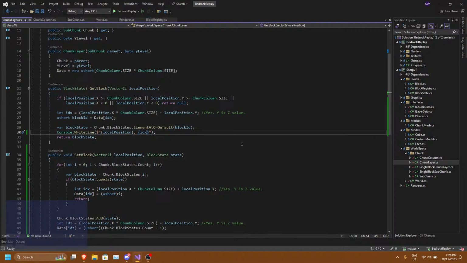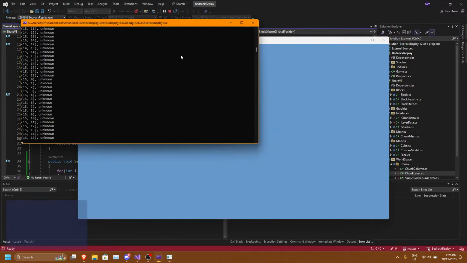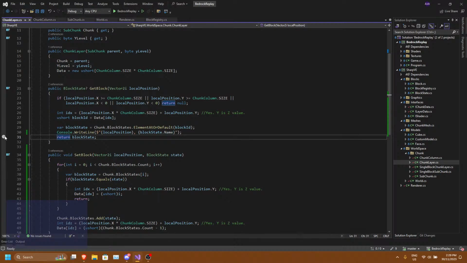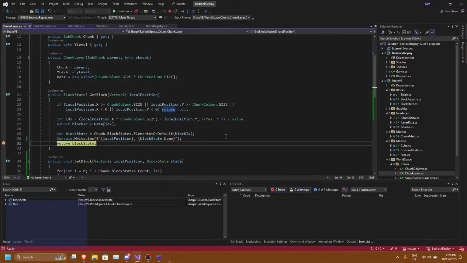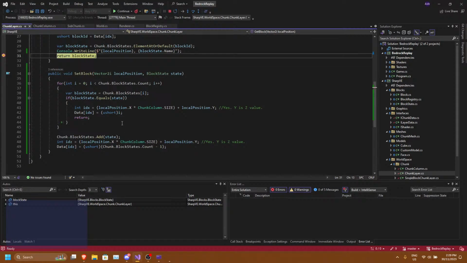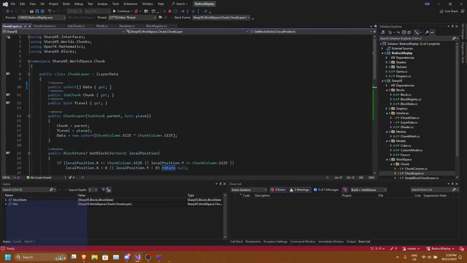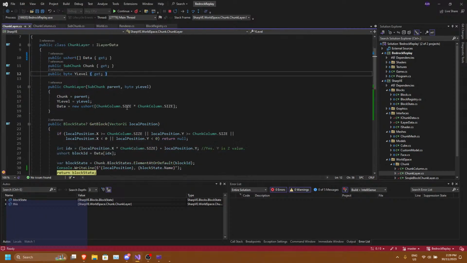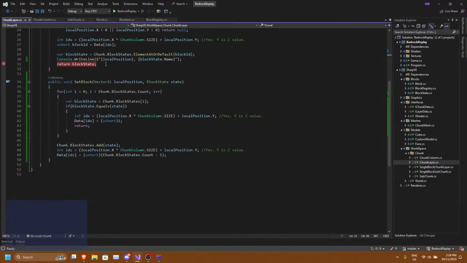So IDX is correct. We just have to return the block state name. Zero zero should be not unknown. They're constantly at zero. Zero zero should be.